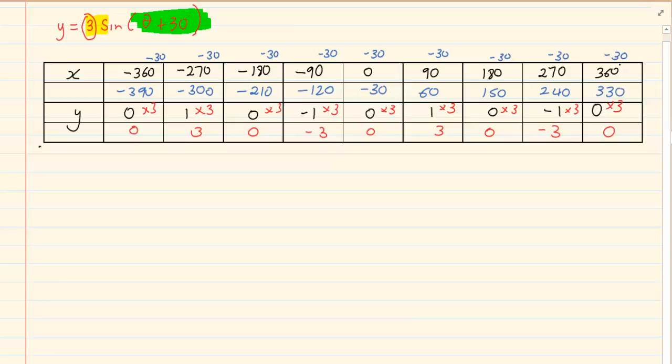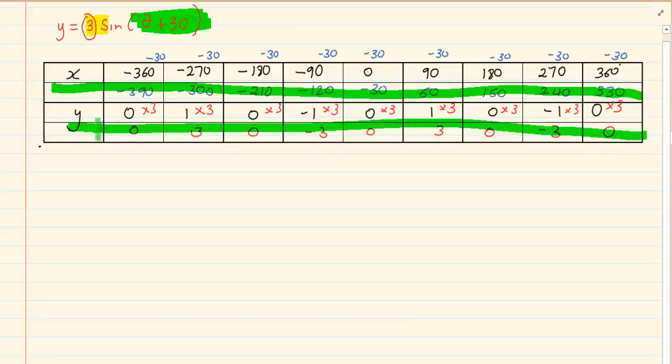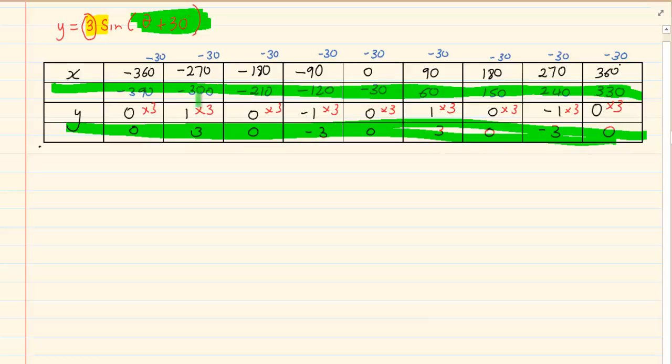So what we now plot is these coordinates. We are not using the mother graph to plot. So let us plot it. The norm is they would usually give you a restriction. Most commonly in grade 11, it tends to be from minus 180 to 180. But if they tell you minus 360 to 360,